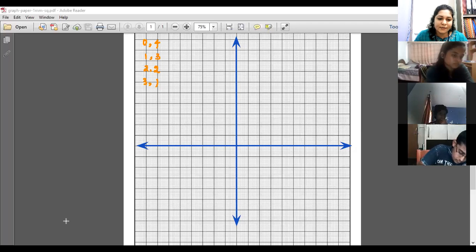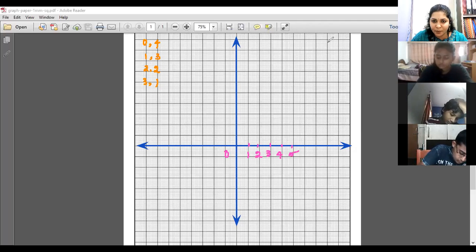So clearly, as the coordinates, you can easily say they are all located in the first quadrant, isn't it? Because all your numbers are positive. Positive and positive, they lie in the first quadrant. Hope you guys have written the scale here. It should be written here. I had previously written it, okay? So yes, this will be the thing.